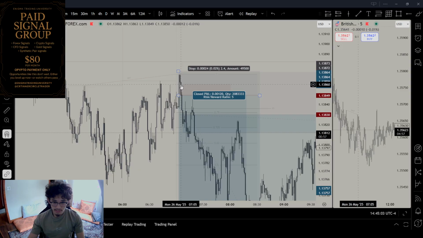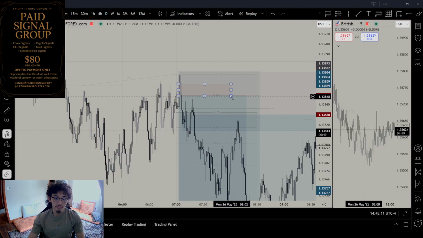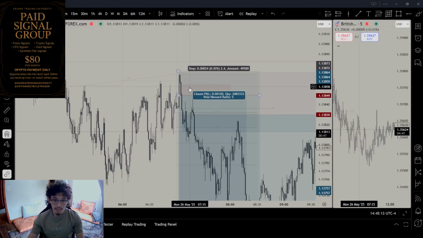Let's just say we entered, and the market's in drawdown. We're looking for an impulsive, aggressive move to the downside. So we're looking for an aggressive movement outside of our entry, from our entry to our drawn liquidity. We have an aggressive move right over here. We're entering here. Let's say we enter somewhere around here. We get aggressive to the downside. You can say aggressive movement happens to our drawn liquidity, and that's a good sign